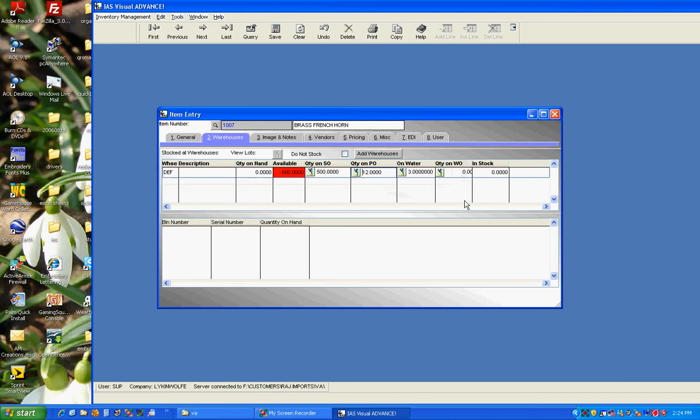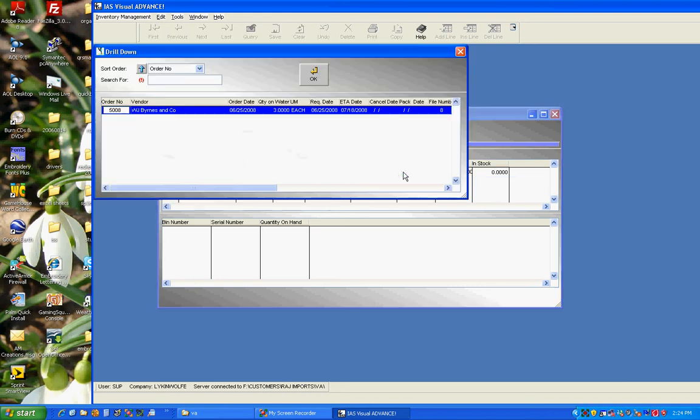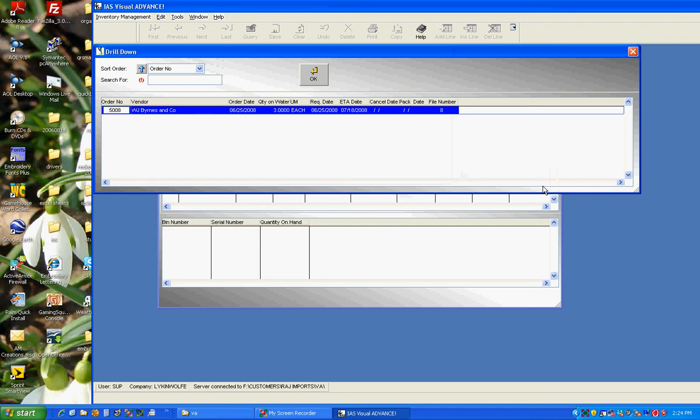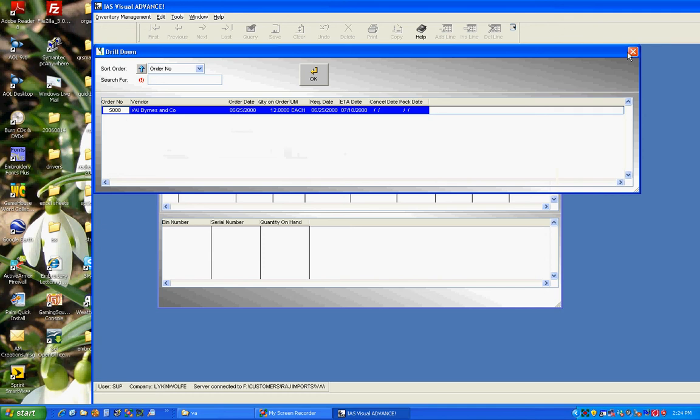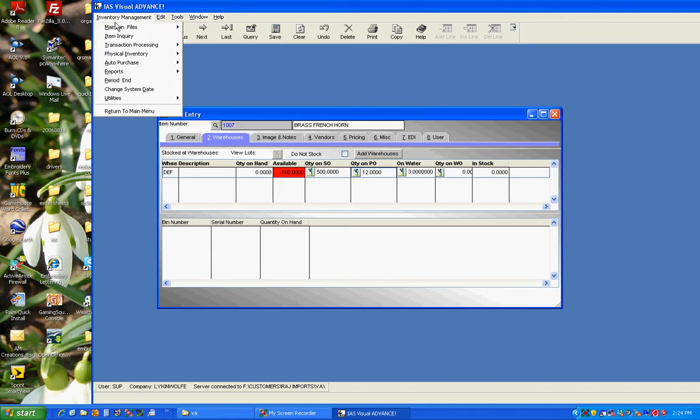Okay. And how many pieces I have on the water. It tells me who my vendor is, when I'm expecting to receive it, and what file number it's in my container tracker. Any questions? Nope. Okay, so we know that that ETA date's not valid. I'm just going to look at the PO number. It's 5008. Now, if I go back into my purchase order module